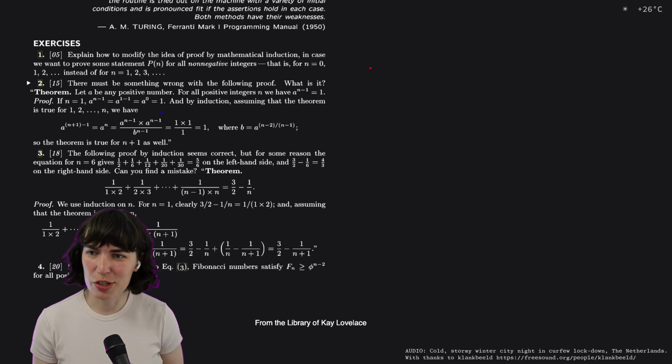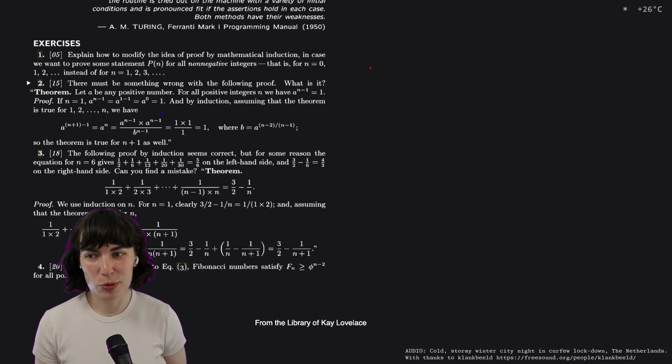Let a be any positive integer. For all positive integers n, we have a^(n-1) equals 1. Proof. If n equals 1, a^(n-1) equals a^(1-1)